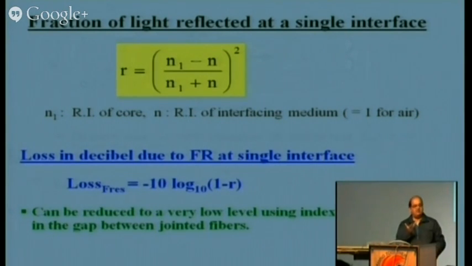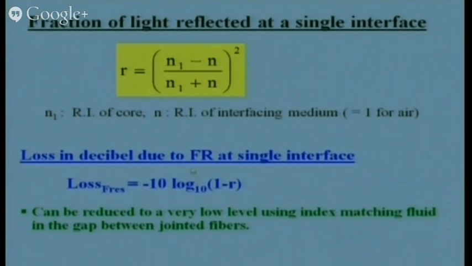So this is one of the loss mechanisms, and we can calculate this Fresnel loss equal to minus 10, because losses are always taken negative, minus 10 log (1 minus R). This is the power. So this is a simple decibel formula. My decibel is 10 log P output over P input. What is my P input? Let us say 1. P output is 1 minus R. So it is (1 minus R) over 1. So I can calculate the Fresnel loss